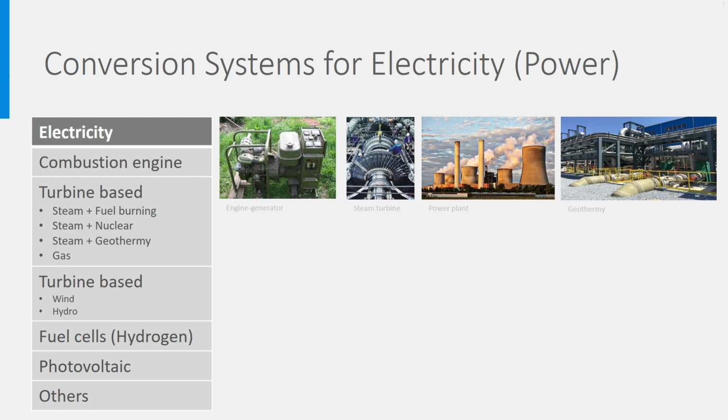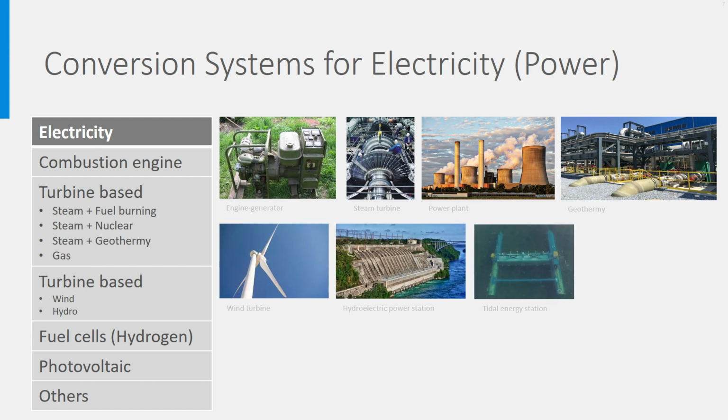A byproduct of many of these power plants is heat, which can be used to heat buildings. Turbine technology can also use other drivers than steam or gas. It can be powered by wind energy, by hydropower, tides, or even ocean waves. It is also possible to produce electricity by chemical reactions, and that is what a fuel cell does. By having hydrogen reacting with oxygen from air, electricity can be produced together with waste heat.